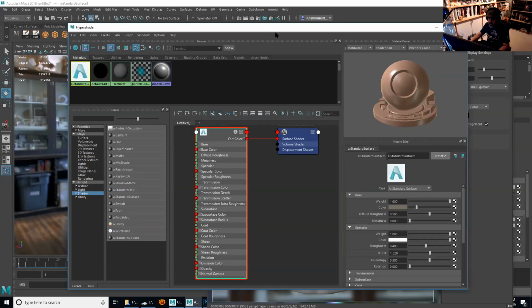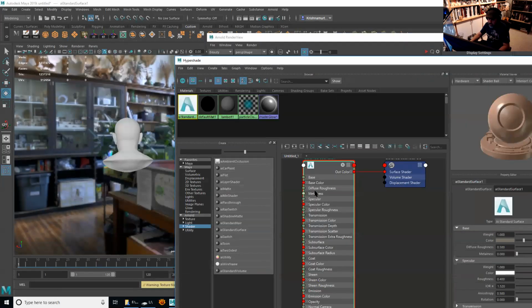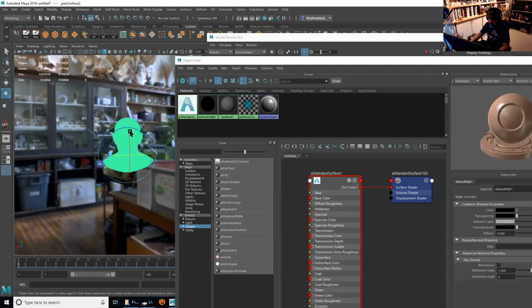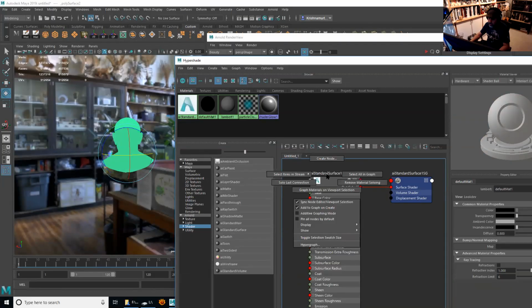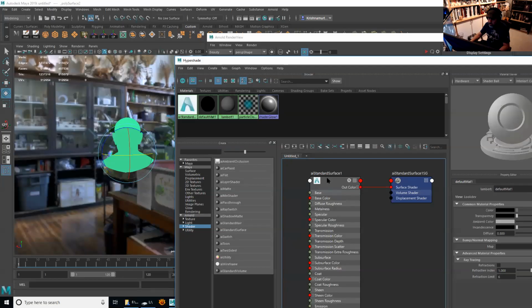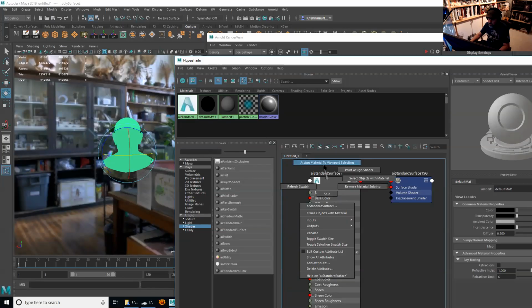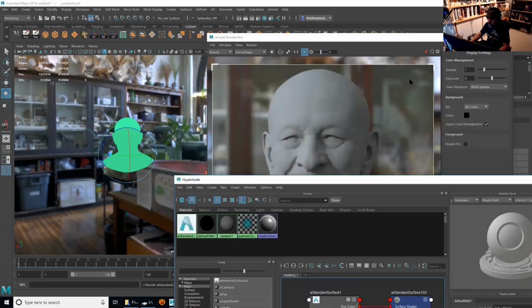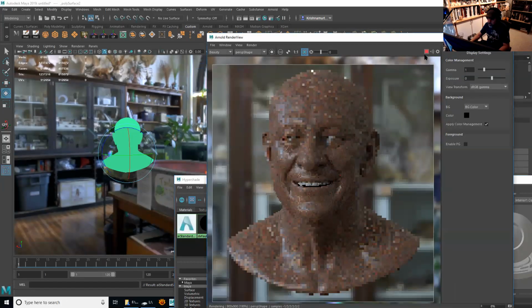And let's just assign this shader. To assign a shader, you can drag and drop this onto the object, or you can just click the object you want to assign to, and then right click right here at the top, close to the name, not the name, but the top. And then you say assign material to the viewport selection. And now it's assigned. So let's see what kind of result we are getting from the get-go.